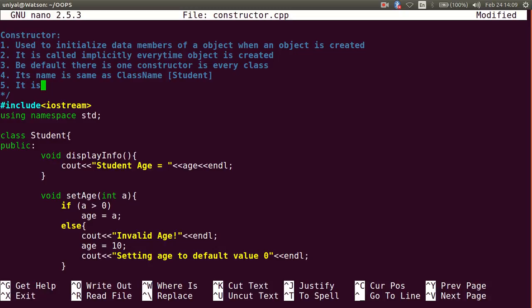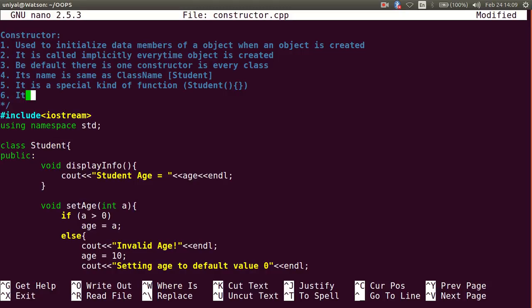It is a special kind of function. So how am I going to write the constructor? In this way. Let's come down. I'll write one more point about it.